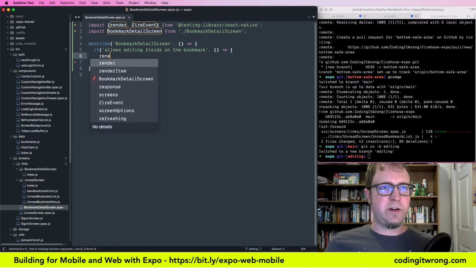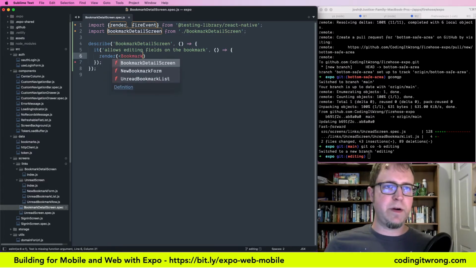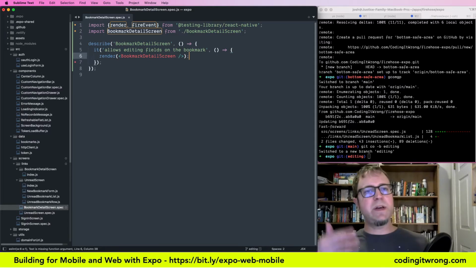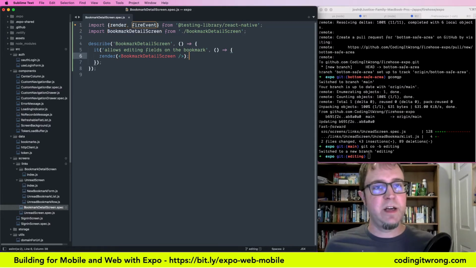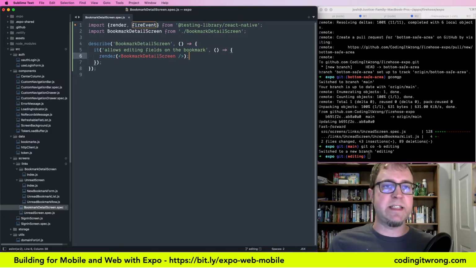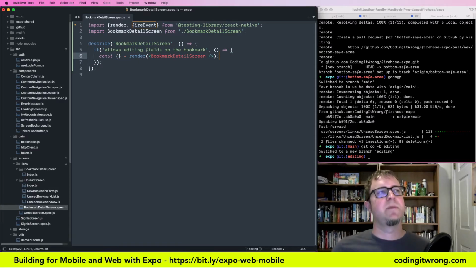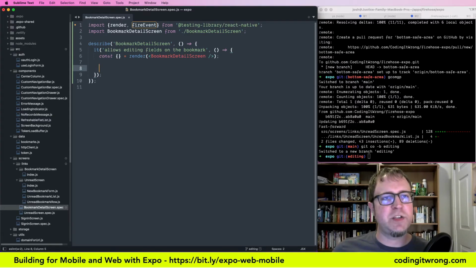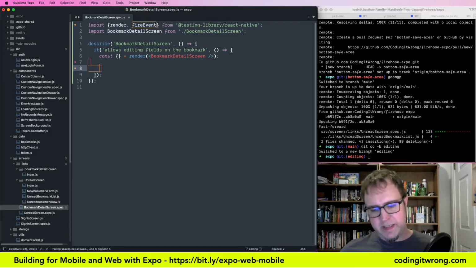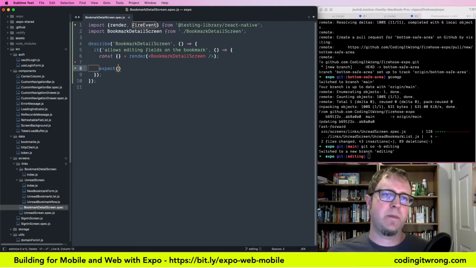I want to render the bookmark detail screen. I don't know yet if I need any other providers around here, so I'm going to keep things as simple as possible to start out and see if I need to add those later. So I'm going to take some things off of the return value, and I'm going to want to first make some assertions. I'm going to say expect